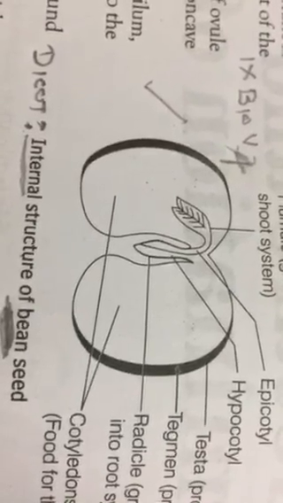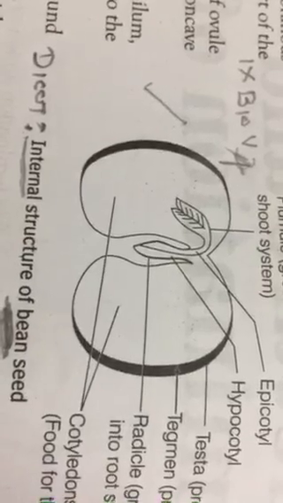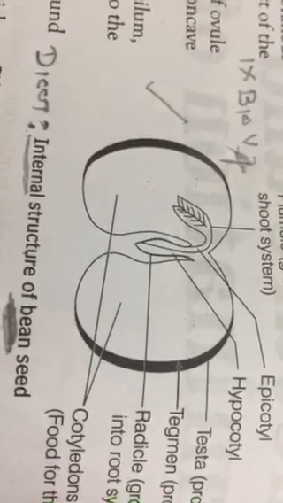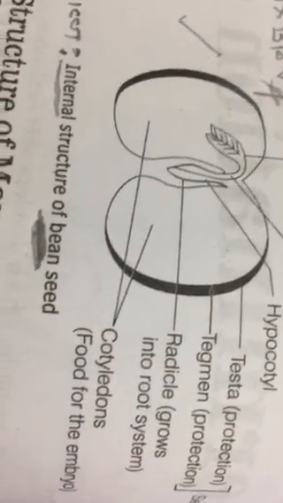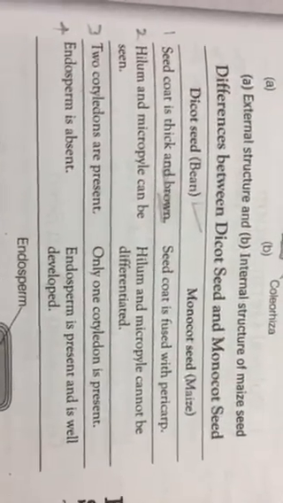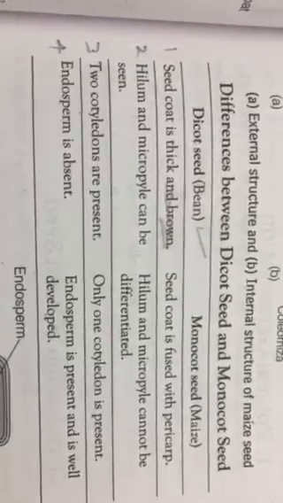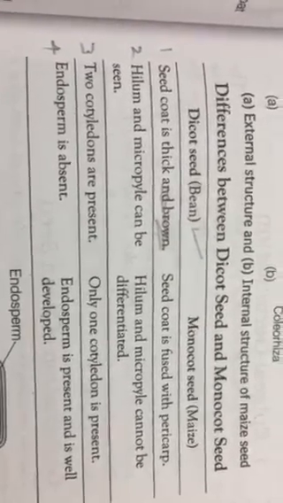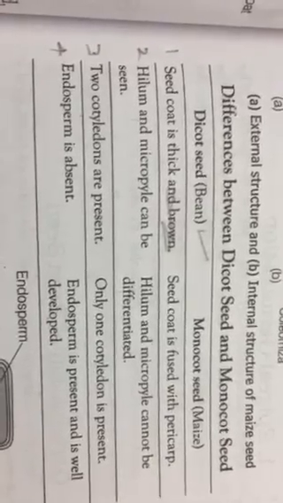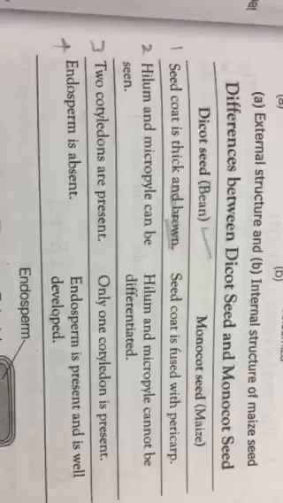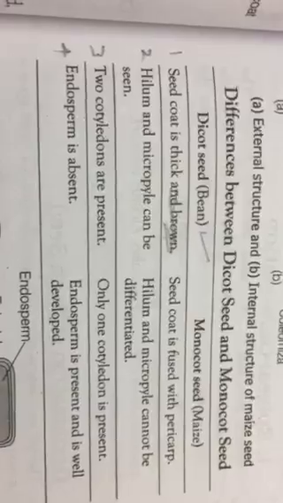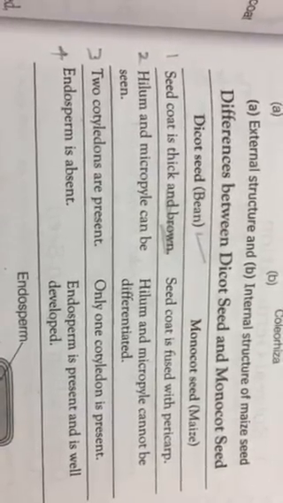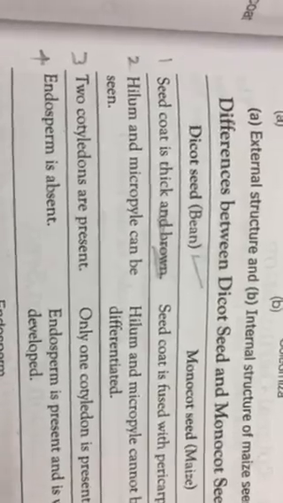So once you have drawn this diagram, both bean seed and maize seed, I told you to take the points. Now you focus on both, because these differences will make you understand. These are the precise points that you are going to write in the notebook as well as record work. 4 points for each seed. The description is enough. Okay.